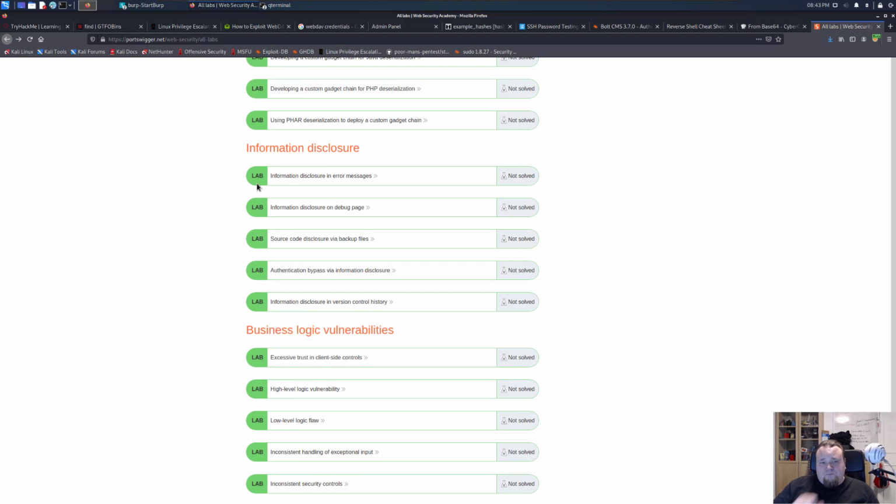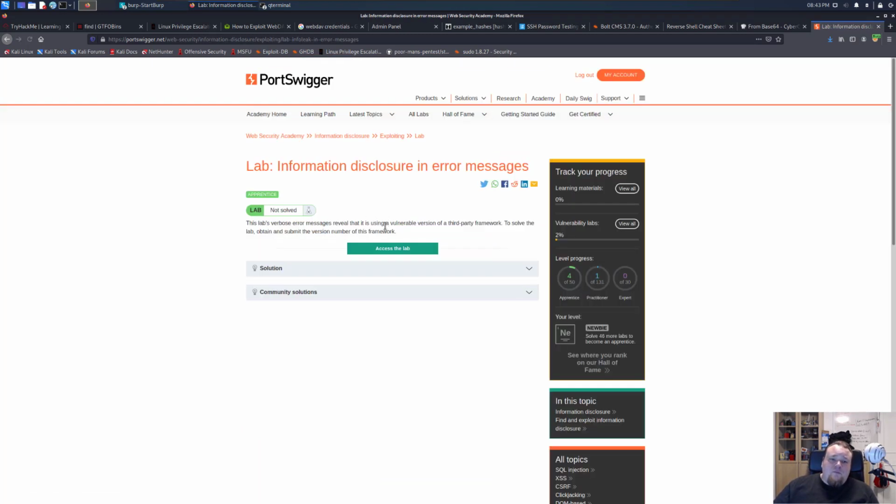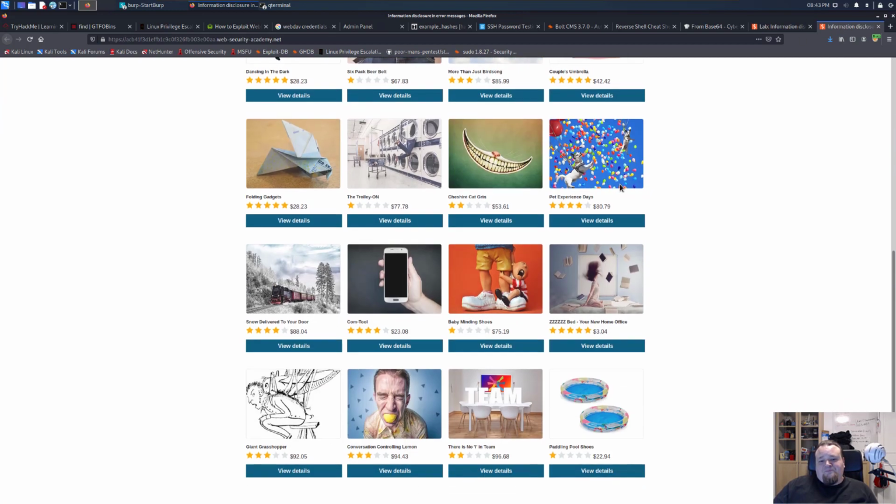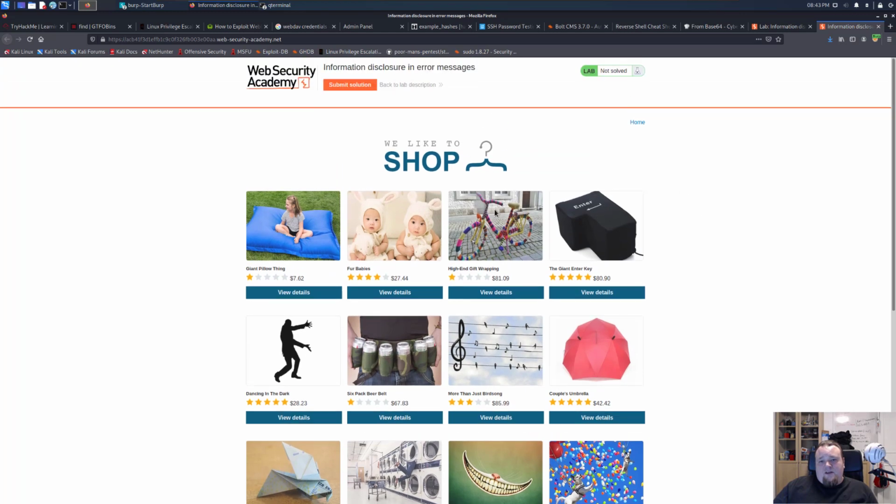Let's do this one. Information disclosure in error messages. Let's access the lab, and let me just read the text this time. This lab's verbose error message reveals that it is using a vulnerable version of a third-party framework. To solve the lab, obtain and submit the version number of this framework. Okay, so we have a very ugly website. We can click a product, press home,